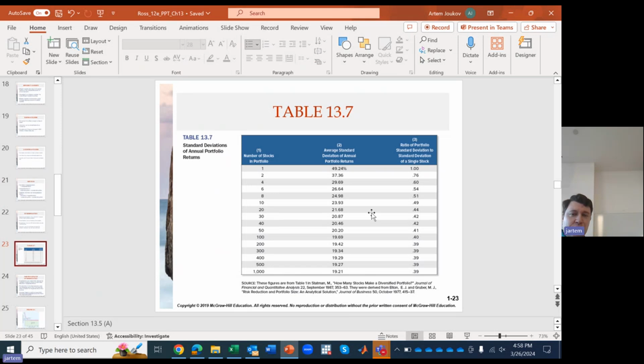After that, if you've properly diversified, you're not going to have that much of an advantage buying more and more stocks. But a lot of people still buy the S&P 500 because it's so easy, right? You could go and select 400 of your own stocks and spend a tremendous amount of time on it, or with one click of a button, you can just buy the S&P 500 and get 500 stocks. Let's face it, nobody really knows what 500 different companies are doing, but you're diversified, right? It's very fast and efficient. That's why a lot of people, including many millionaires in America, are just invested in the S&P 500.